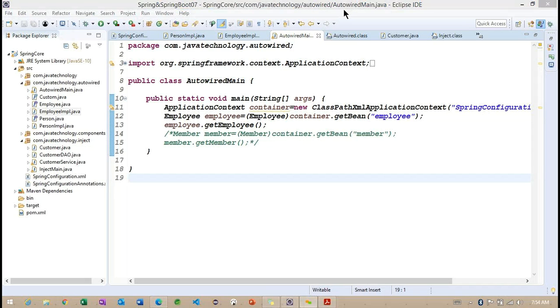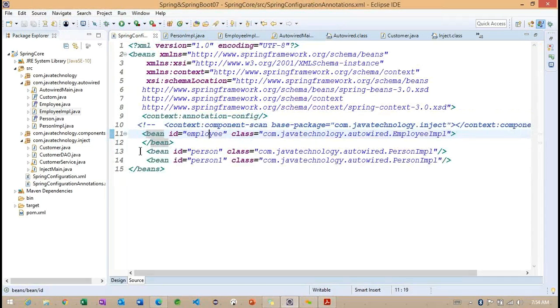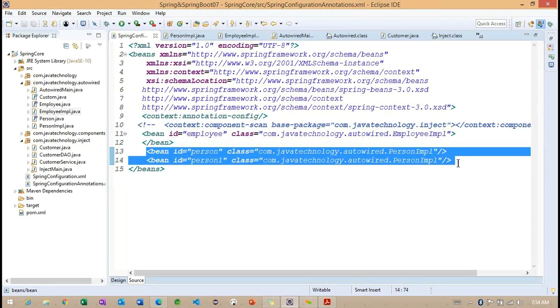So we are not using the Qualifier related annotation here. Because of that, basically we need to get an exception, because we defined two beans here, two bean sections we implemented for the same type.